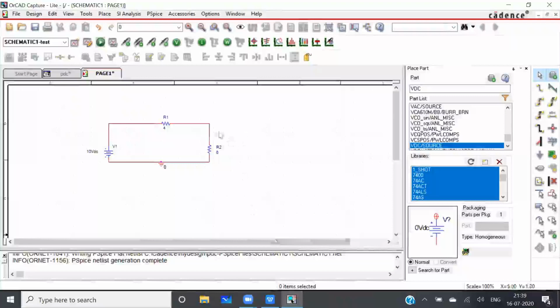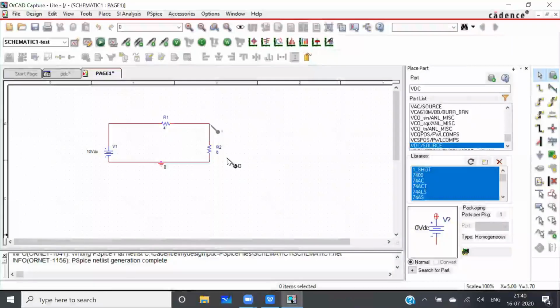Here I want to observe this output voltage. To observe this output voltage, you can see different probes are available. This is voltage, this is current, this is power. I will select this voltage probe. I want to observe the voltage here, so I will put it here.